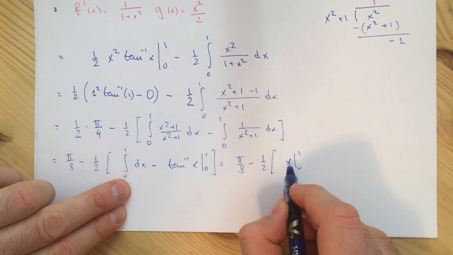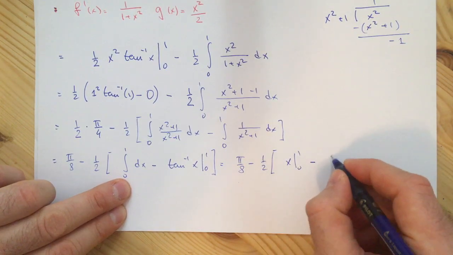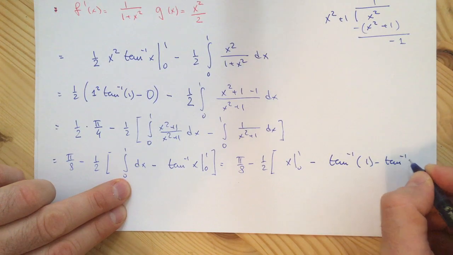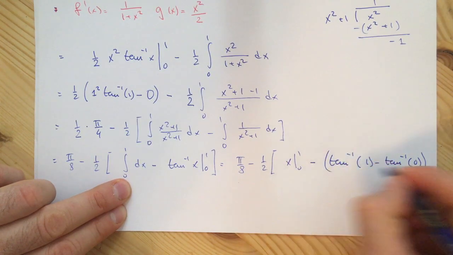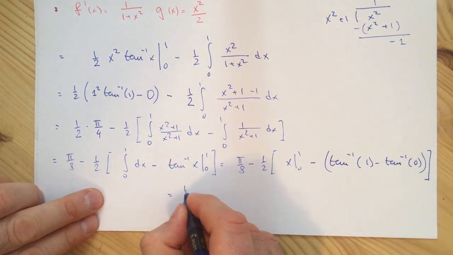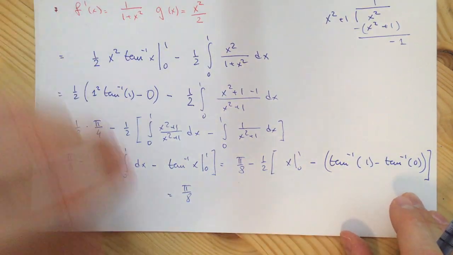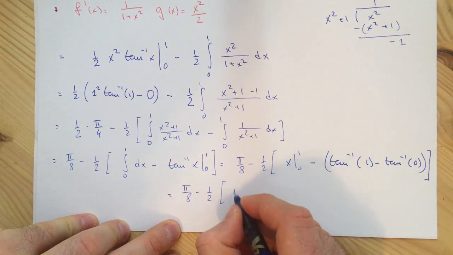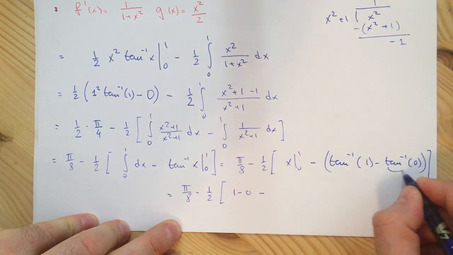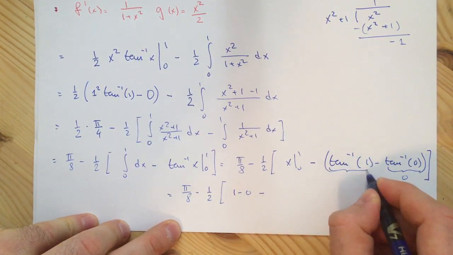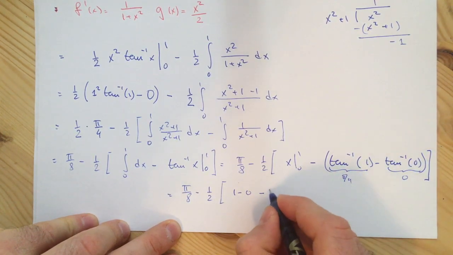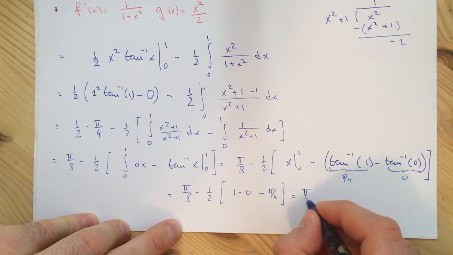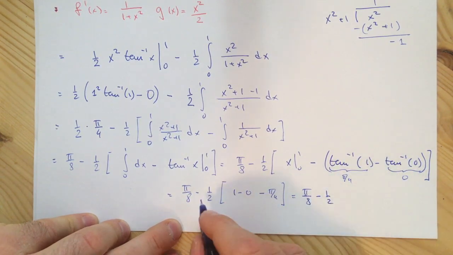The integral of 1 is just x, evaluated from 0 to 1, minus arctangent of 1 minus arctangent of 0. That's pi over 8 minus 1/2, 1 minus 0, minus this part is 0, this part is pi over 4, and we have pi over 8 minus 1/2